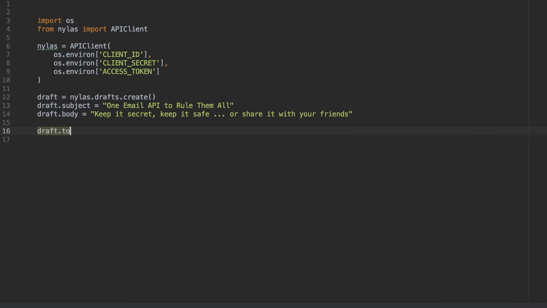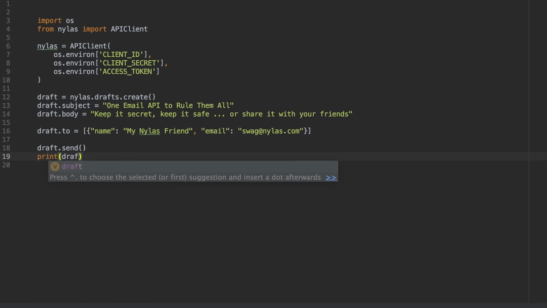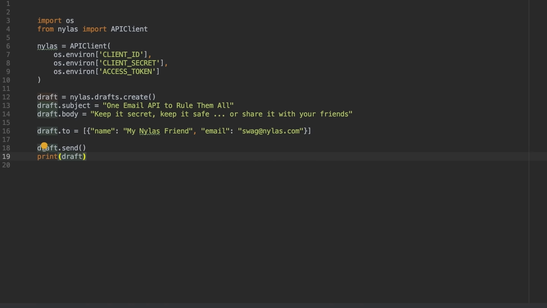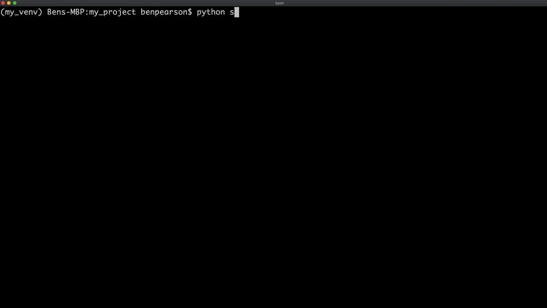Next, I'll set the recipients for this email, which is a list of dictionary objects that contain values for names and emails. I'll set the name to my Nihilus friend, and the email address to swag@nihilus.com. Finally, it's time to send our email with the draft.send function, and we'll print the sent email to the console. Head over to the terminal and run python